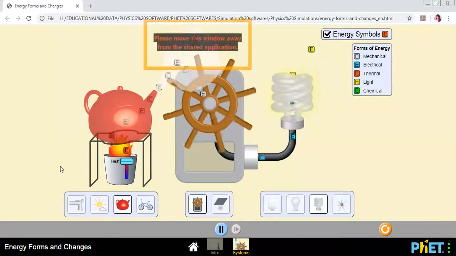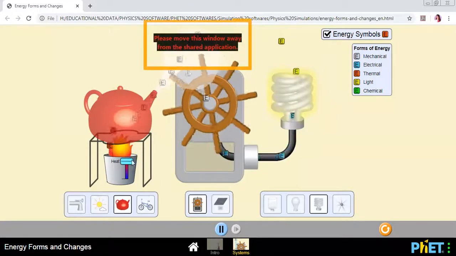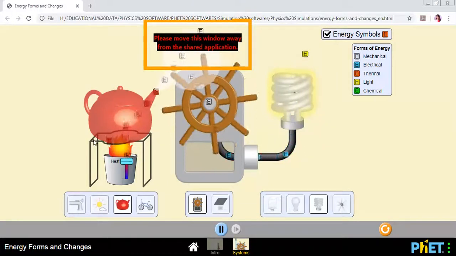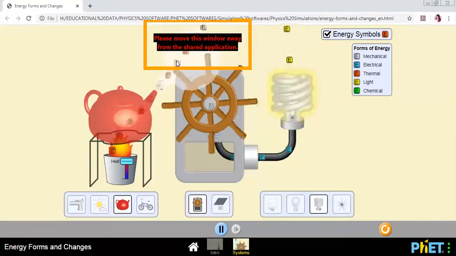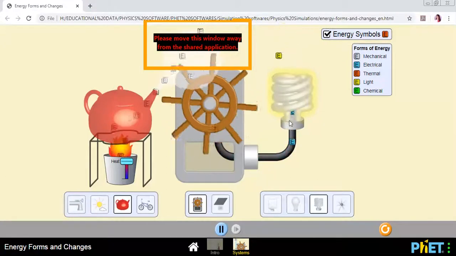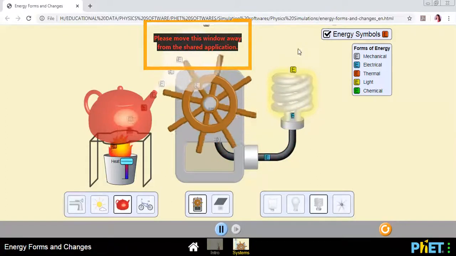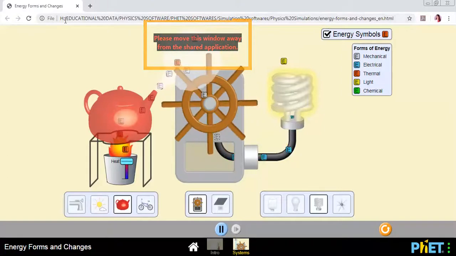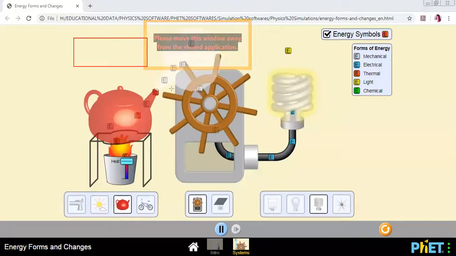Okay, so see the energy conversion at each end. We start with thermal. Thermal is getting converted into mechanical. Mechanical is getting converted into electrical, and electrical is getting converted into light. So this is the energy conversion. Whereas this particular part of the system,